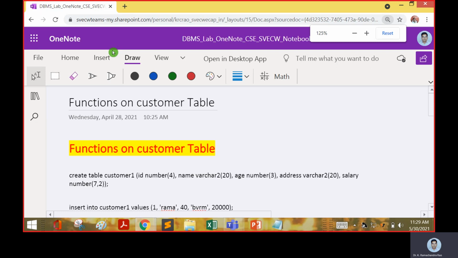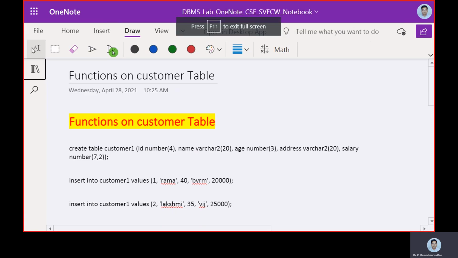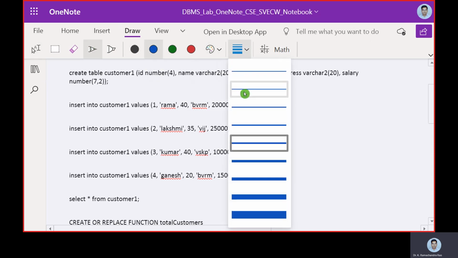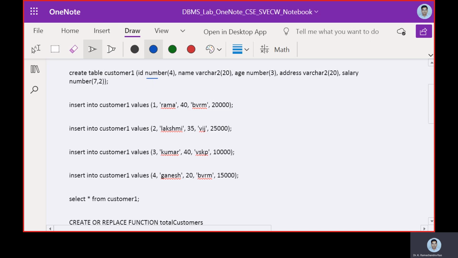look at was, we will take up a table called customer, and then we will create a table with identifier, name, age, address, and salary.